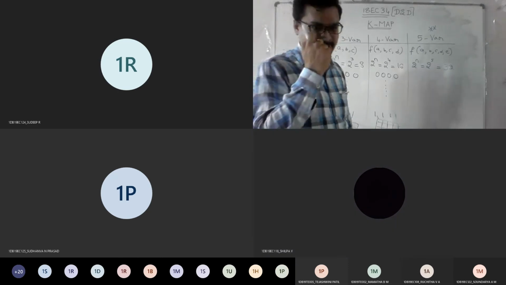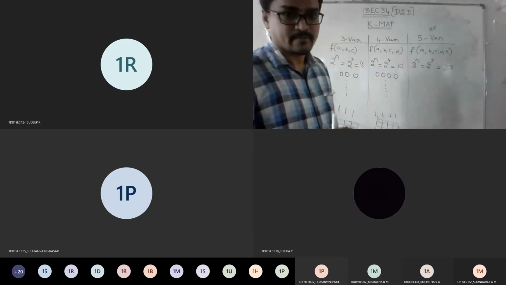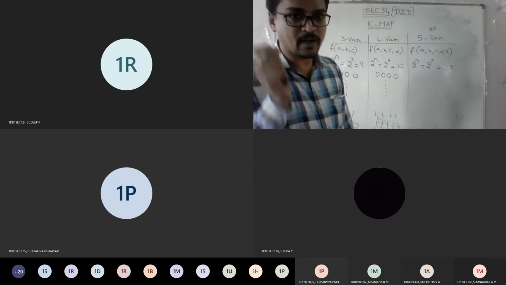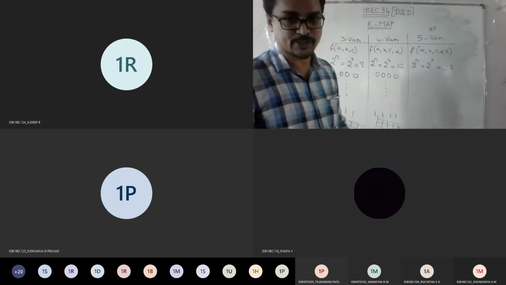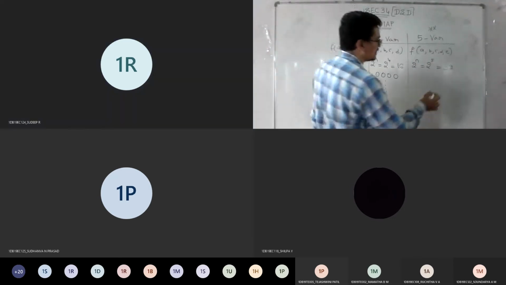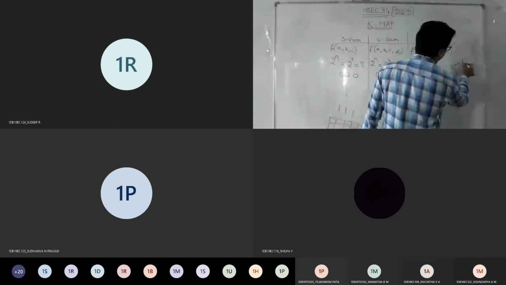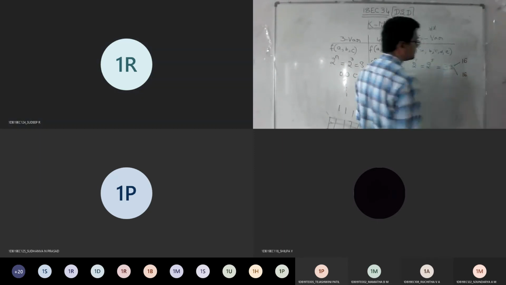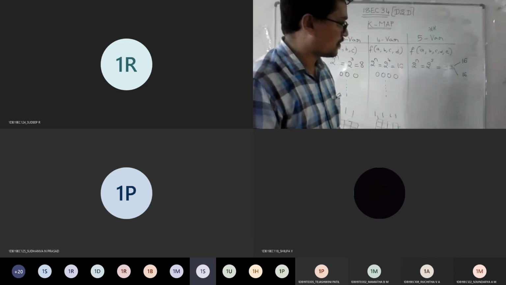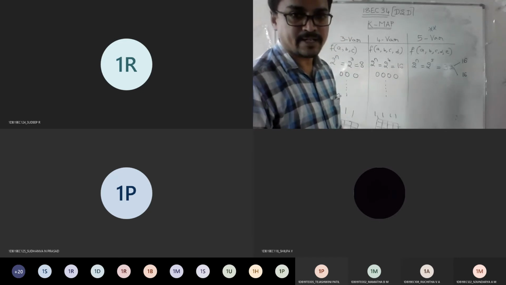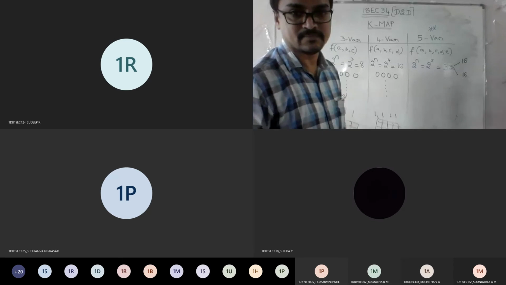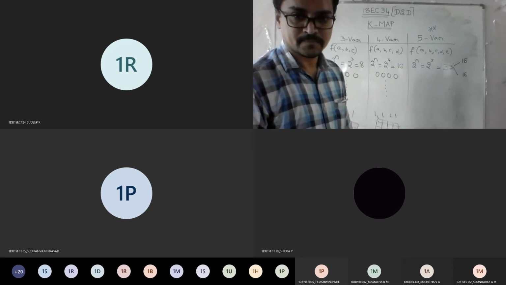Okay, fine, listen. We need 32, but I told you that the Karnaugh map is not applied to five variables in one shot like this. So what can be done? Can I split this 32 into two 16 cells? Is that possible? Yes or no? Yes, sir. So I need to make use of two 16 cells that become 32, correct?